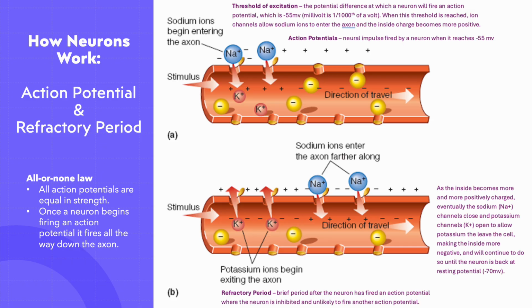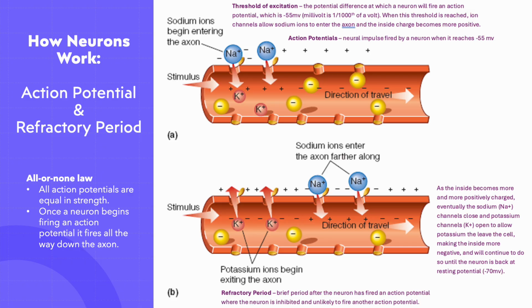Now remember, the inside of your axon is negatively charged. So as those positively charged sodium ions begin to enter, it'll make that space positively charged. Eventually, other channels will open up to allow your potassium ions, the K positive ones, to come out. As those come out, your neuron will return back to its resting potential, which is actually